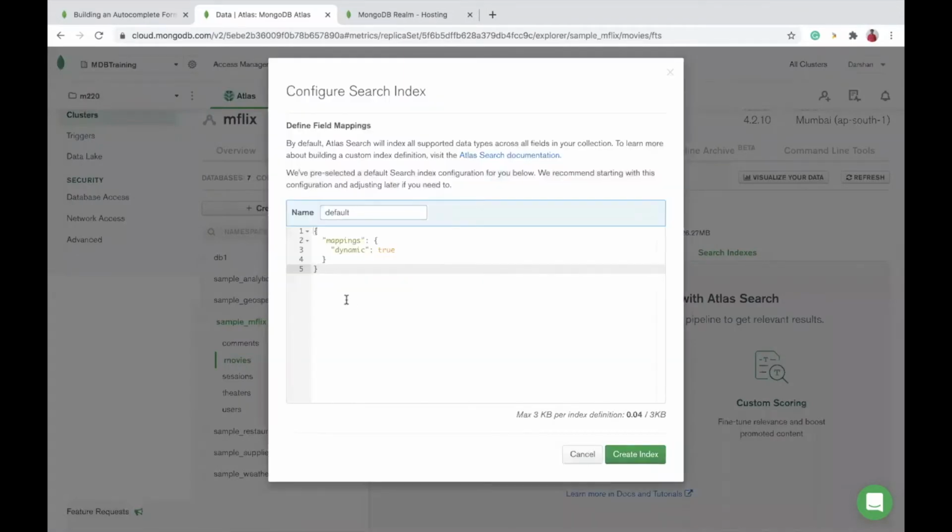By default, this is the index definition that will be mapped to all the fields, that is, dynamic true. I am setting this value to false, and I am telling it to only create an index on the fields that I am mentioning here. So this will be a document. In this, I'm mentioning fields. First field is title,